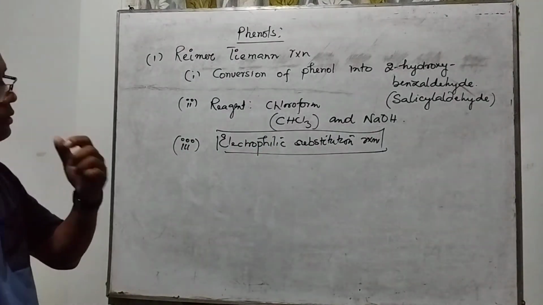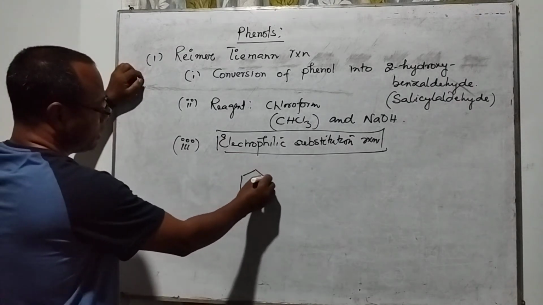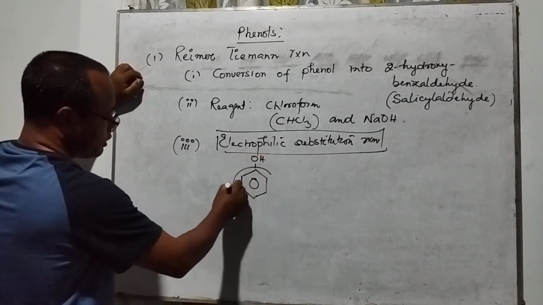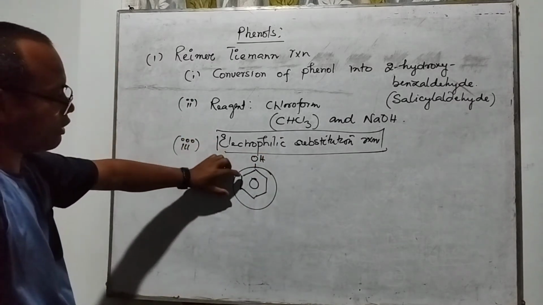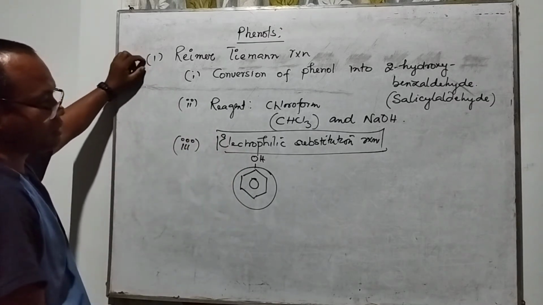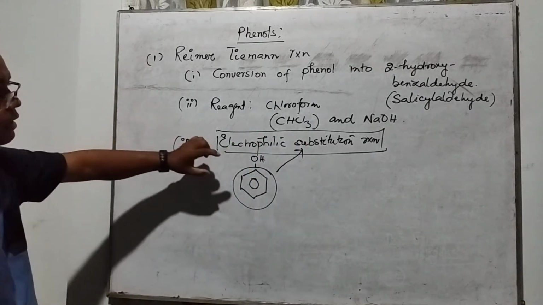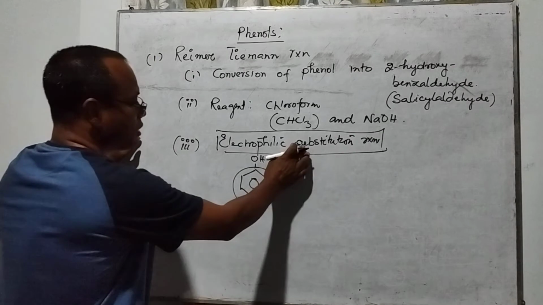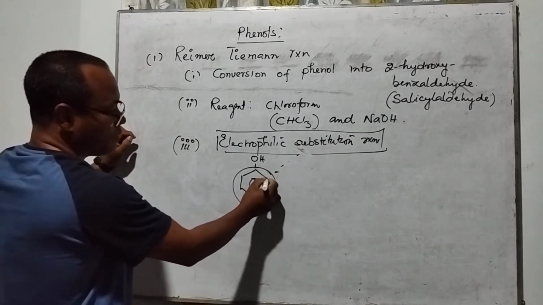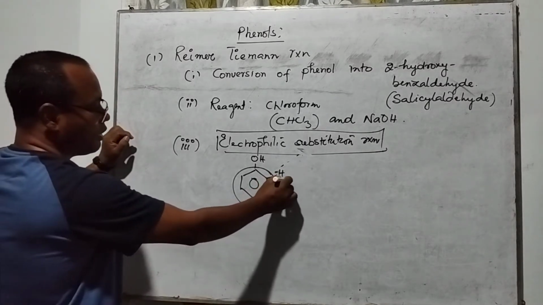Normally our aromatic ring, that means the benzene ring, follows electrophilic substitution. In the aromatic ring, one of the hydrogens from the aromatic carbon, it may be from here, from here, or from here, is